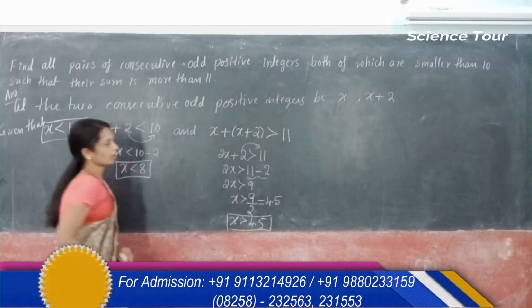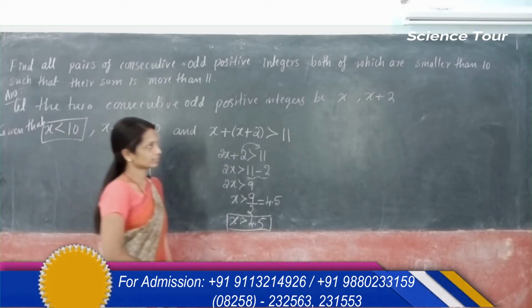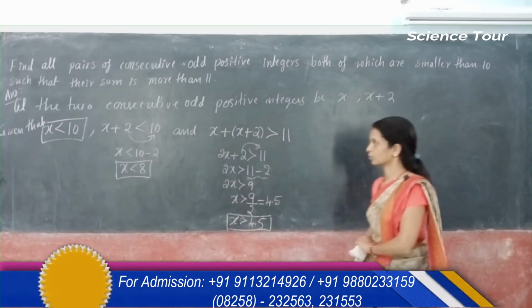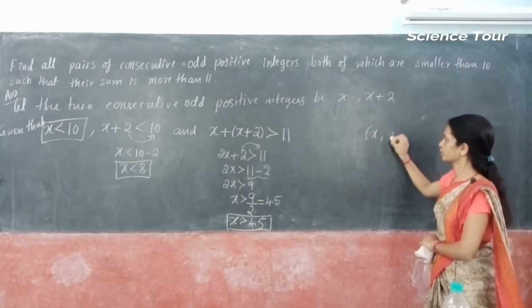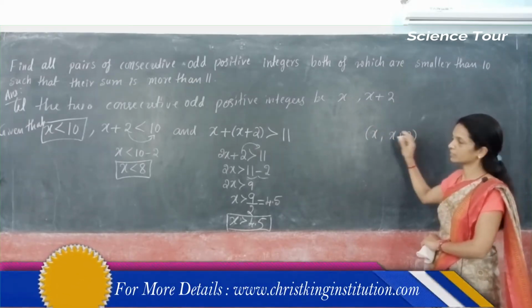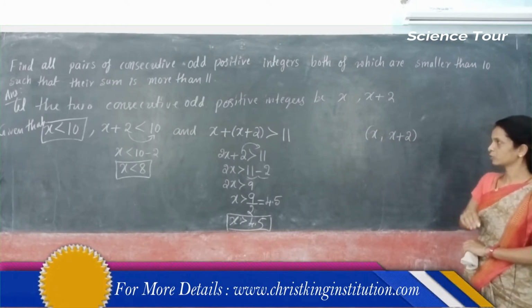So now, how we have taken consecutive odd positive integers as x and x plus 2. I'll write in ordered pair form, okay, x comma x plus 2. First one is x, second one is x plus 2. So therefore,